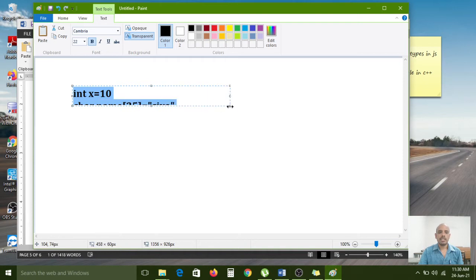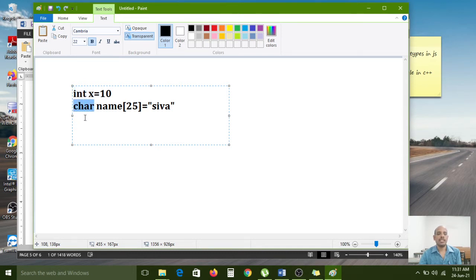Like that, in C we have to create variables with explicit types, because it is a heavyweight programming language. So declaring data types is the programmer's responsibility at development time.